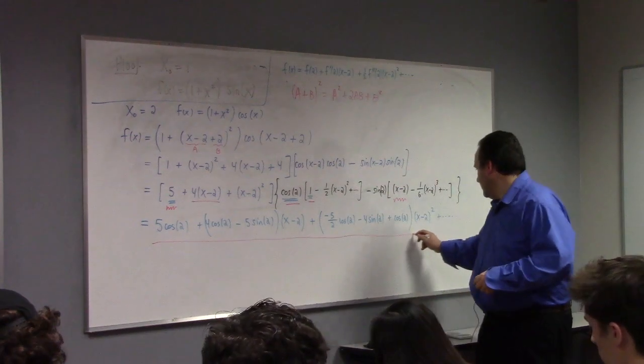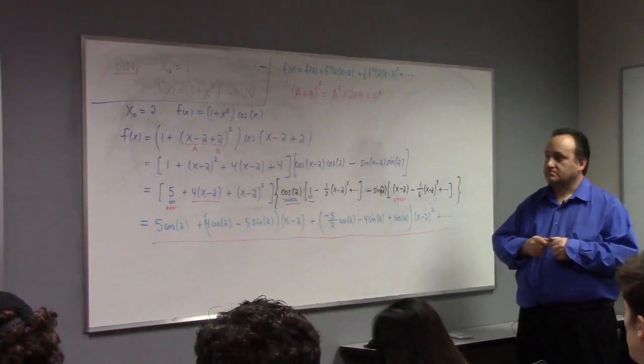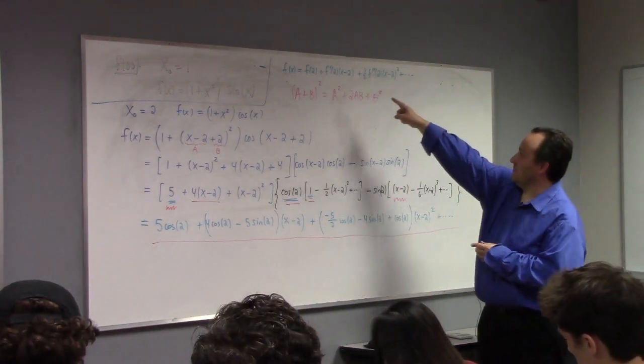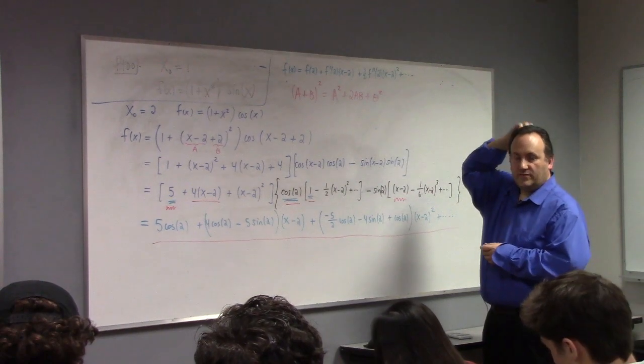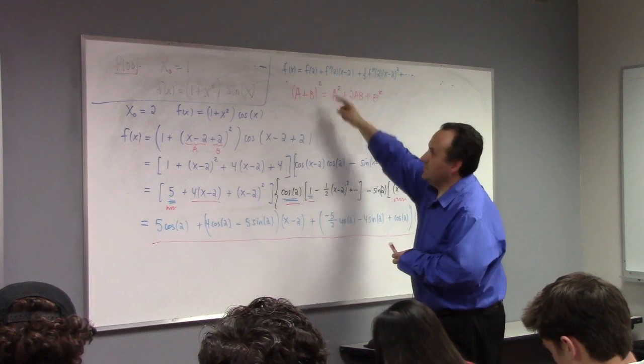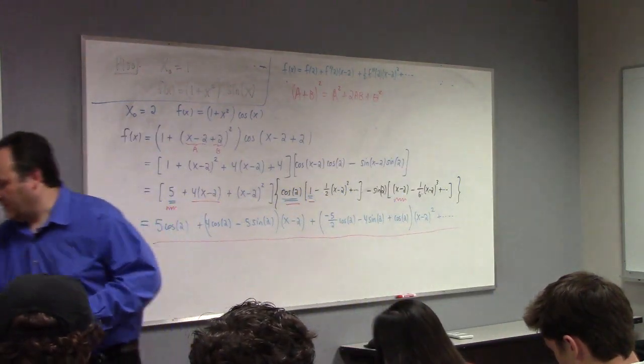There you go. Those are the first 3 non-trivial terms. Yes, sir. If we were to differentiate and do Taylor's theorem, how would we center n equals 2? To do Taylor's theorem, all you have to do is calculate f of 2, f prime of 2. So like f prime of 2 would have been, see, now you're going to make me check my work. All right.